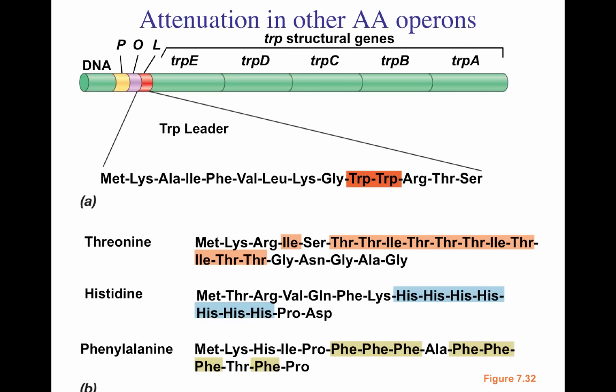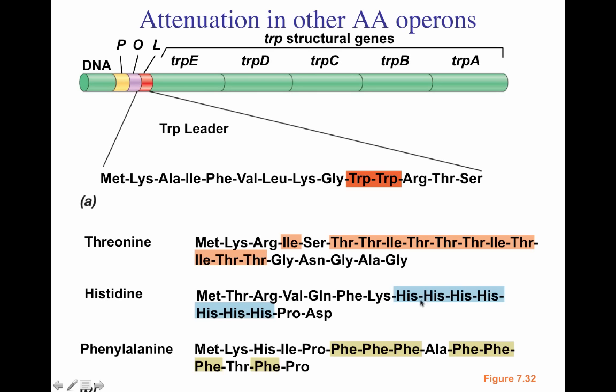What we're going to see is that other amino acids are going to have operons that also use attenuation. So we already talked about tryptophan, but you're going to see that threonine is another operon that has attenuation. Notice the long chain of threonines present here in the leader peptide that contains about 1, 2, 3, 4, 5, 6, 7, 8 different sites for threonine addition. So if threonine is not made, the ribosome will stall in this area of the leader mRNA. Histidine has a region with 7 histidine amino acids, and therefore, as the ribosome is trying to translate the mRNA, once it gets to this area with 7 histidines, it's not going to be able to add them,